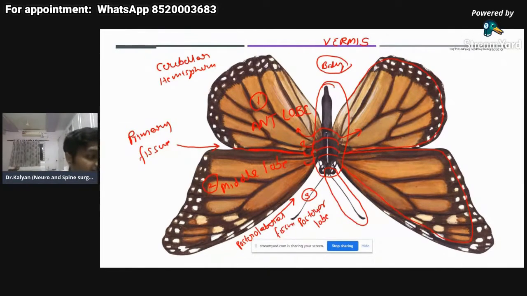I'm waiting for your answers. Try to visualize this butterfly again. The cerebellum is exactly like this butterfly. If you understand this butterfly, you can say that nearly 50% of the cerebellum is done. Have you understood this picture of the butterfly? Have you understood what the vermis is? Reply yes if you have, and draw it on your screen. Use your finger, point out the body, the vermis, and say this is the vermis. Were you able to identify the vermis?